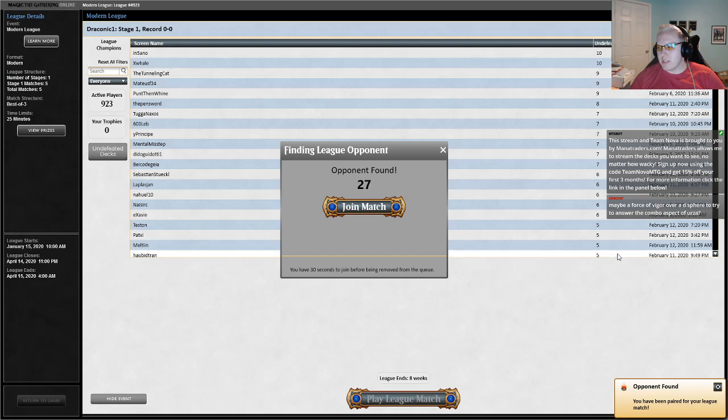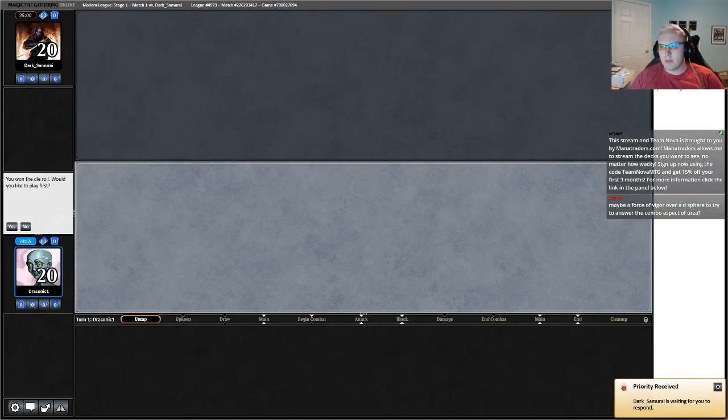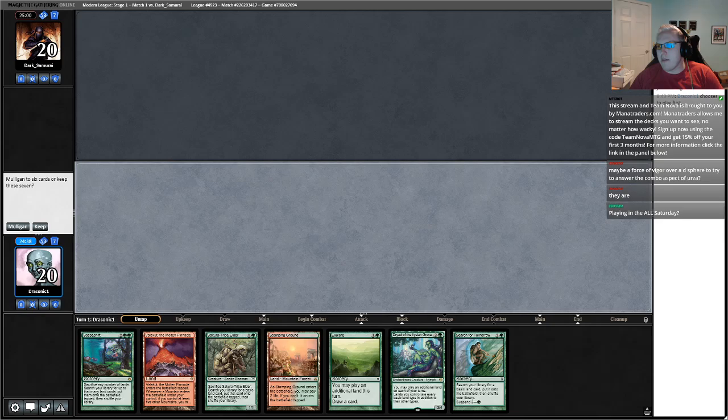Maybe Force of Vigor over D-Sphere to try to answer the combo aspect of Urza. Are they all playing the combo? Is Harlan Fear playing the... I think he is, right? I don't know what the percentages are. I haven't looked at Goldfish. That might be true, but that's not really the axis I want to fight them on. If that were the case, I would probably want Collector Ouphes. And there's a chance that that is the actual answer. But until I play that matchup a little bit more and realize that killing Urza isn't just the answer...